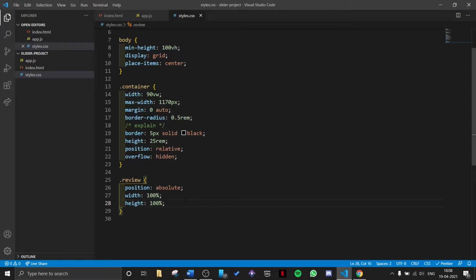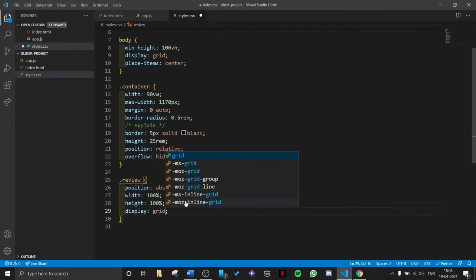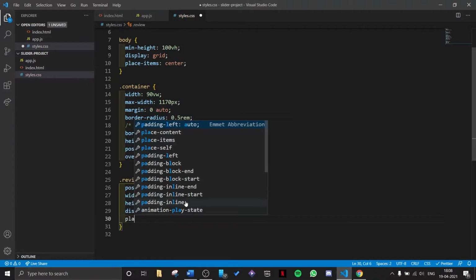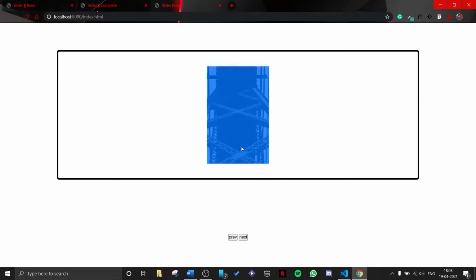Okay, then we give this a display grid and place items center. Again what we did with the body tag, we are making the content come in center like this. Yeah, so right now we have all four of our images here on the blue part, but we can only see one because the fourth one is right now on top of them.